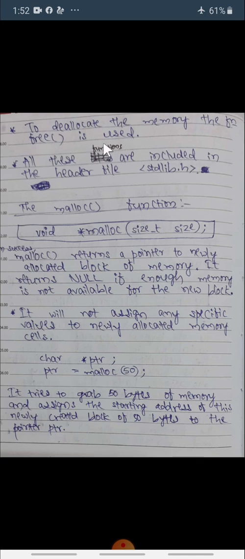Free is used to free the memory. All these functions are included in a header file, that is the standard library header file, stdlib.h. The syntax of the malloc function is: void star malloc size_t size, semicolon.